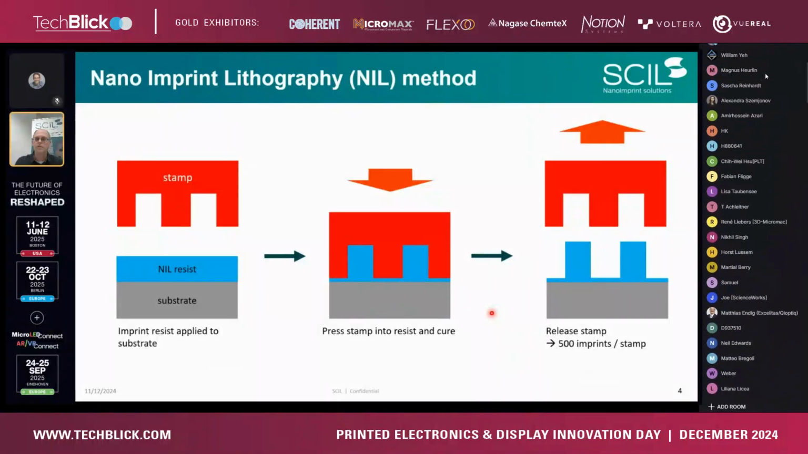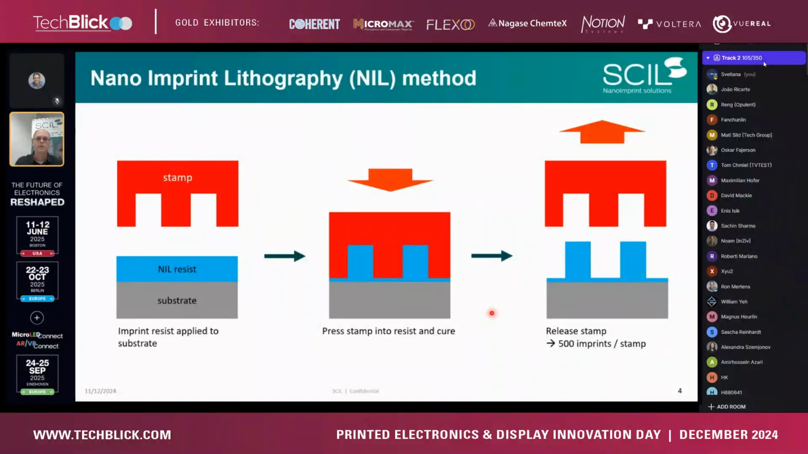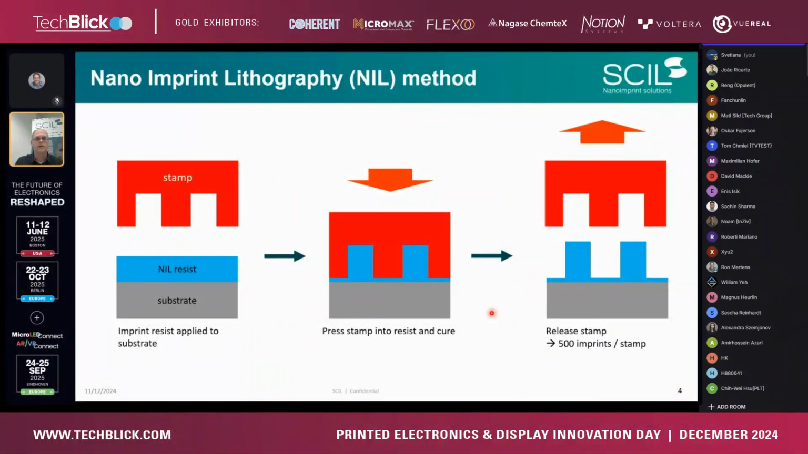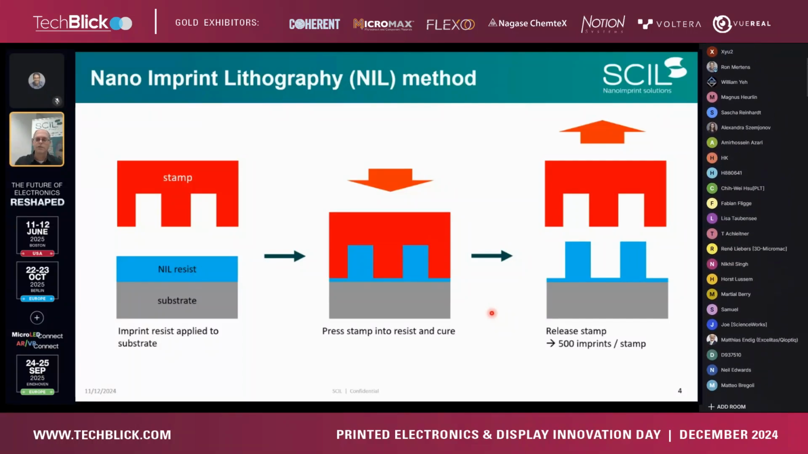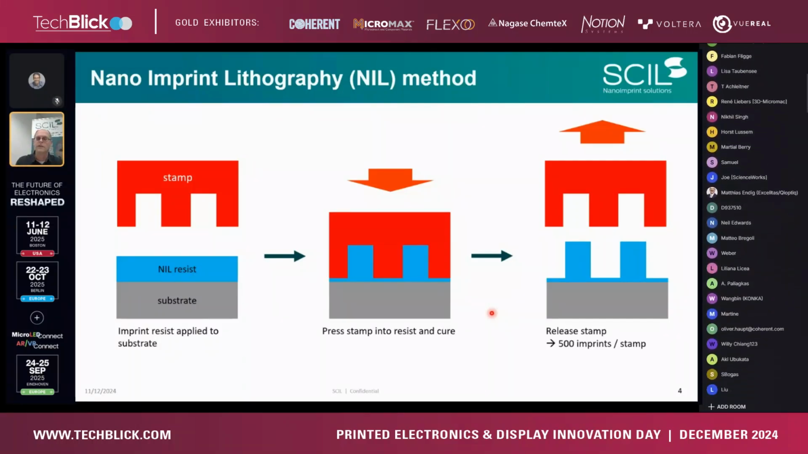How do we make these patterns? We're using a stamp, a rubber stamp that we make from a master, which originates once with optical lithography or e-beam or combinations. You can make many stamps from this master, and then you just press it into a liquid resist. Material flows in, you cure it, you release the stamp, and you